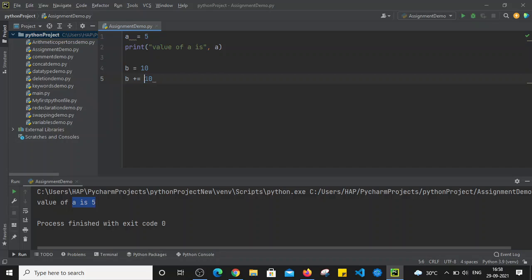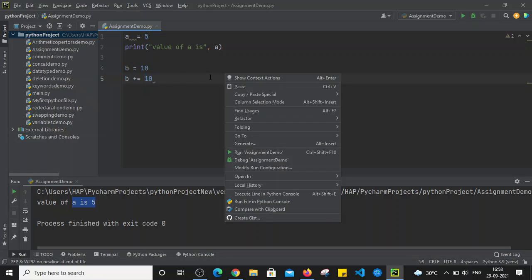It will add the right hand side operand to the left side operand, perform the addition operation, and the result value will be assigned to the left hand side operand, right? So here b is 10. Again I will add 10 to it, so 10 plus 10 is 20. So b is going to be 20.